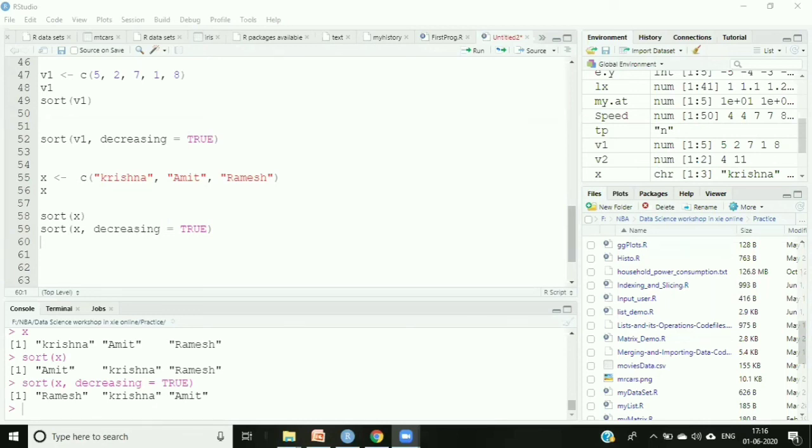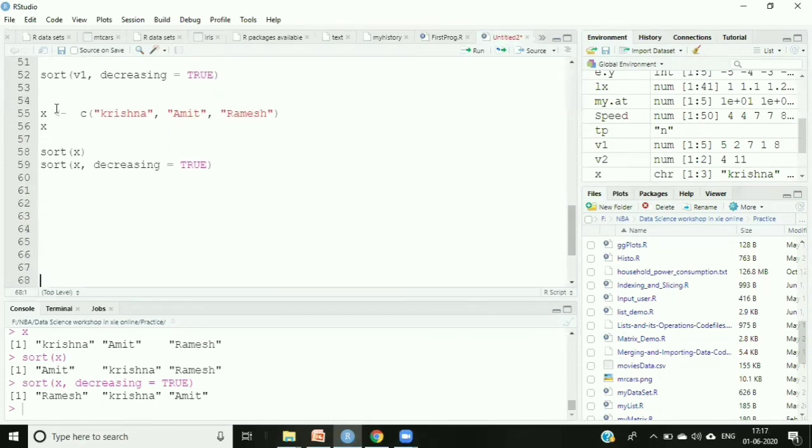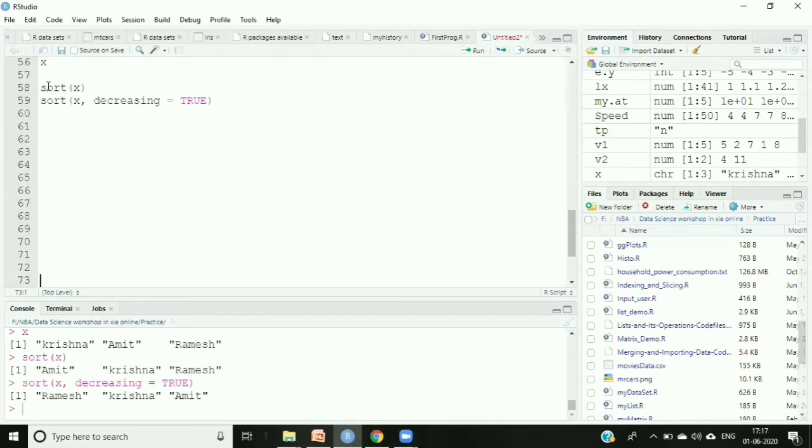Yeah, so many people are asking, can you repeat addition and subtraction? So for example, let's say in X I am assigning a vector, 2 1 3, right?